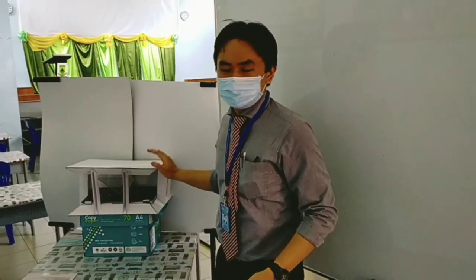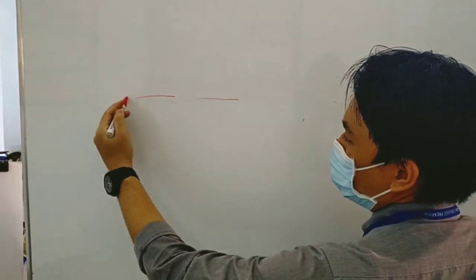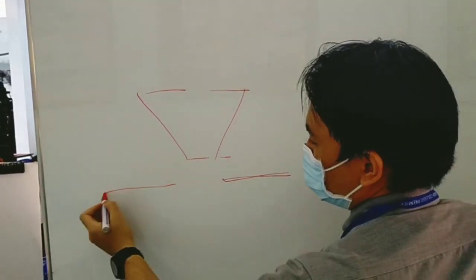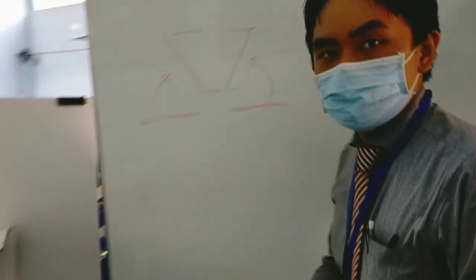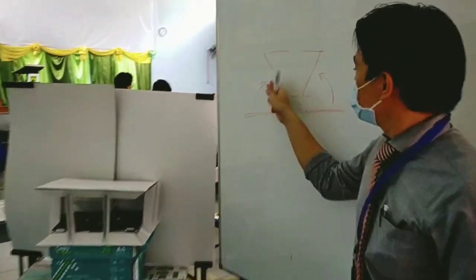Zoom in on the whiteboard, please. First, there is this inverted pyramid here, made from acrylic plastic. Then there are 4 projections, but I'll just draw 2 to simplify. These projections are similar in shape and size, except they are all faced towards the pyramid. Now if you zoom in again,